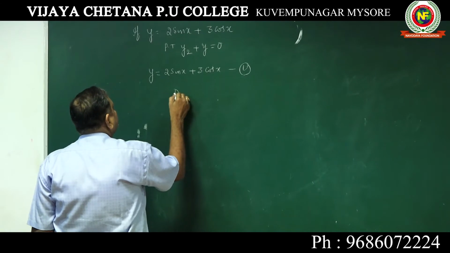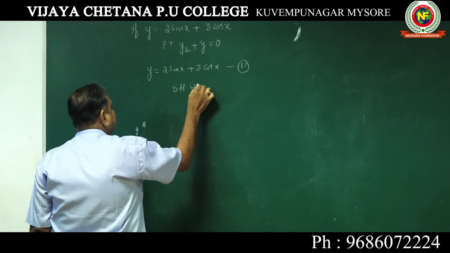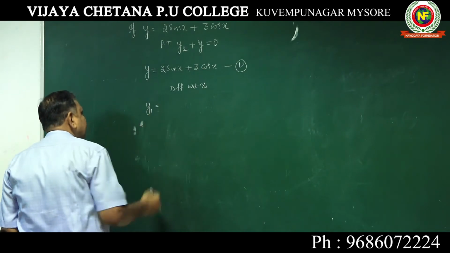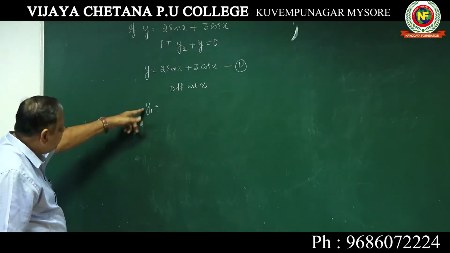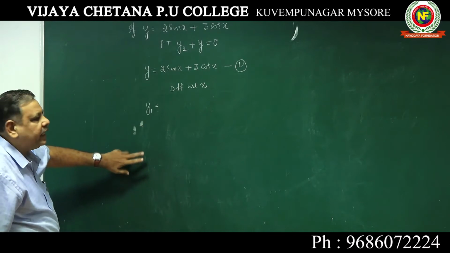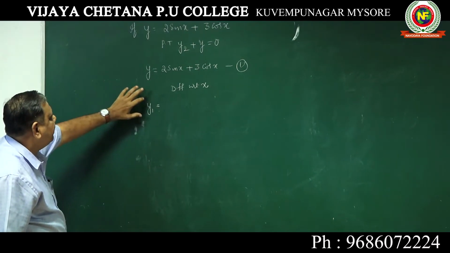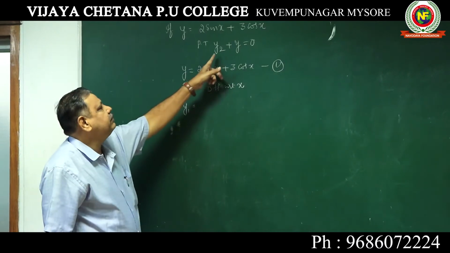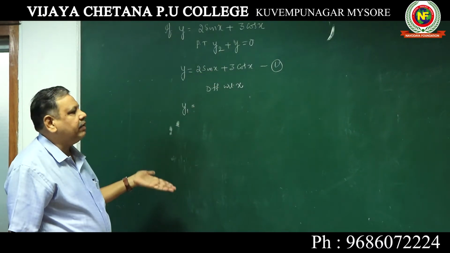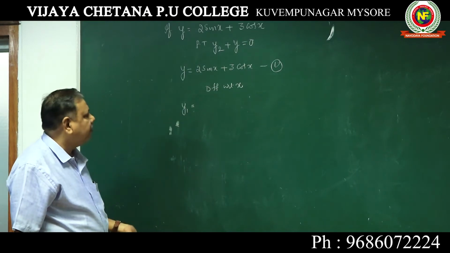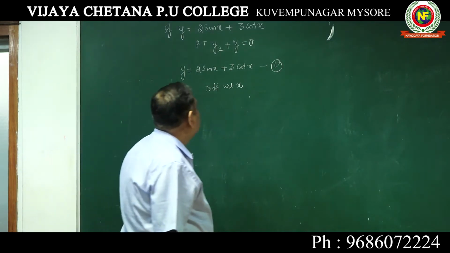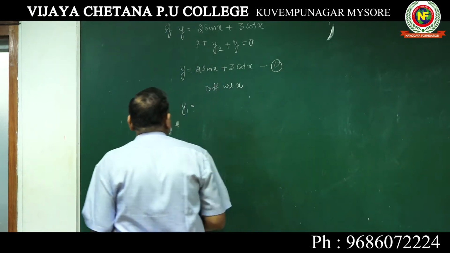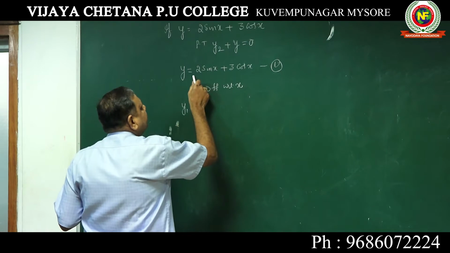Now differentiate with respect to x. When you differentiate y with respect to x, you get y1, and when you differentiate y1, you get y2. It is like that. Instead of writing dy by dx for the first derivative, they have asked in this form, so write it in this form. Suppose if they had asked d square y over dx square, you would write dy by dx and d square y over dx square. Now y1 is this, and differentiate this now.